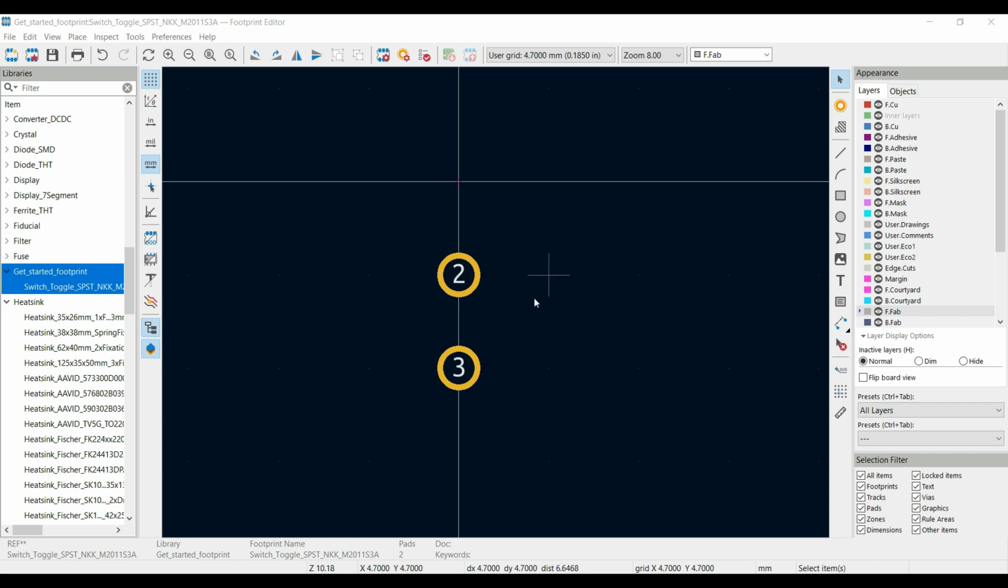So now it's time to add some footprint graphics. A good footprint will have the exact part outline drawn on the fabrication layer and a slightly larger outline on the silkscreen layer, and a courtyard surrounding the entire footprint to prevent overlap with the other footprints. So there are three things that we need to draw